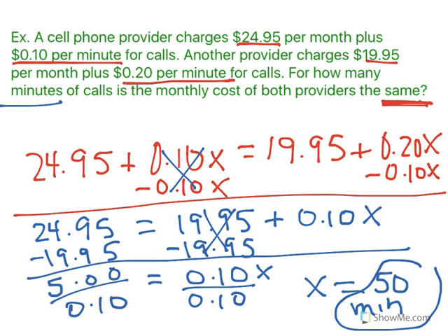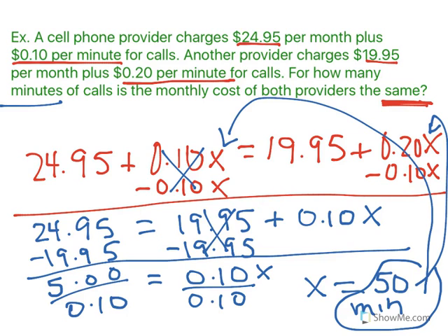And again, you can always go back and double check your work. This one will take a little bit longer, but again, it's always good to go back and double check to make sure that that is correct. So again, in a story problem like this, always highlight the important information. Really understand what they're asking you. They're asking for both providers to be the same. That means they're asking you to set up those two expressions to be equal to each other